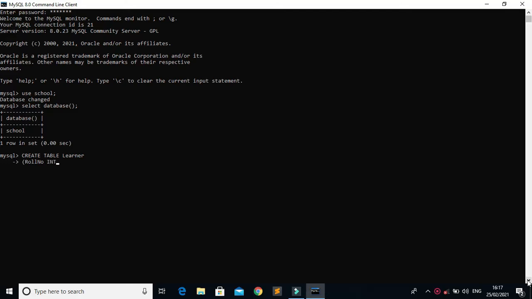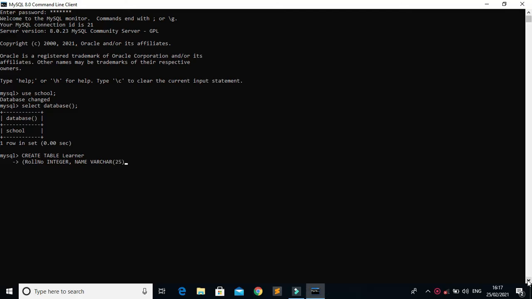You can write int or integer, then comma, space, and write the next column name, that is name. Give the data type for this also, that will be varchar, and define the size, that will be 25.